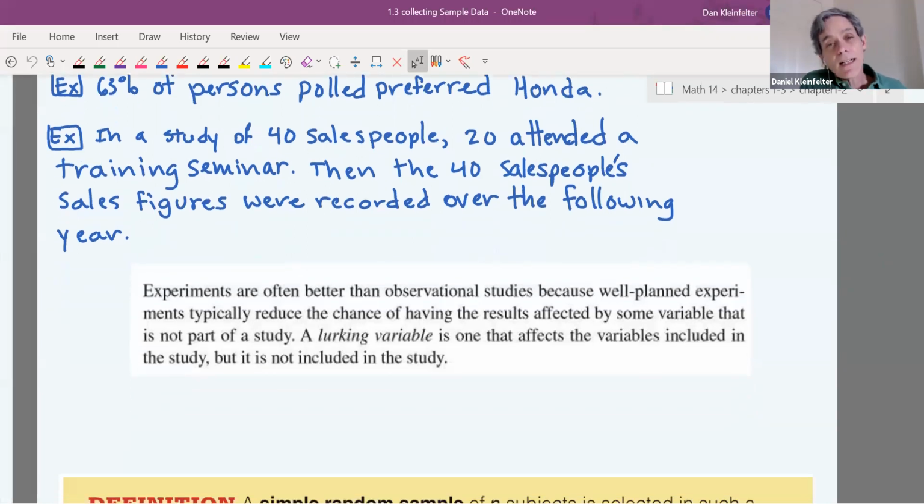As a general note, experiments are often better or more useful than observational studies because well-planned experiments can reduce the chance of having the results affected by what's called a lurking variable. Lurking means basically hiding in the shadows, right? A lurking variable is one that affects the variables included in the study, but is not actually part of the